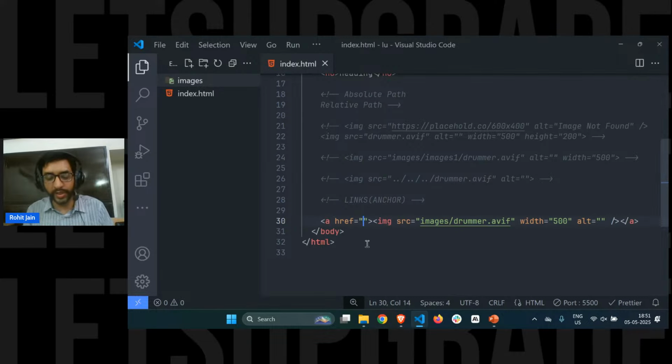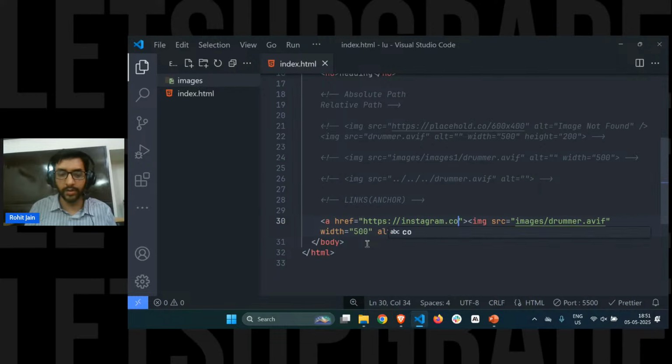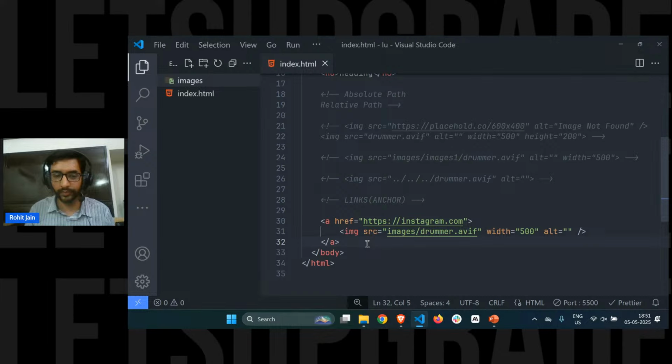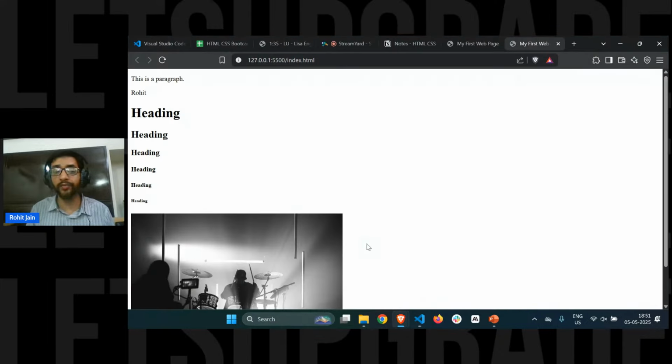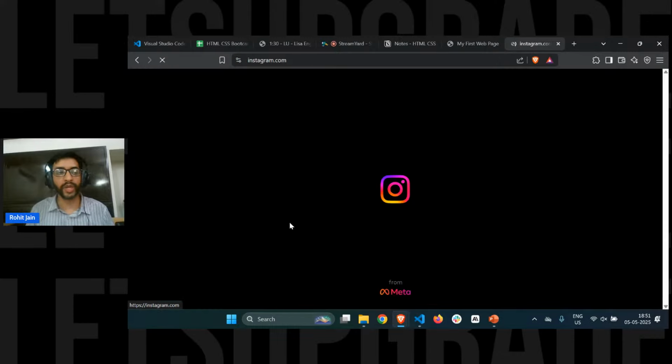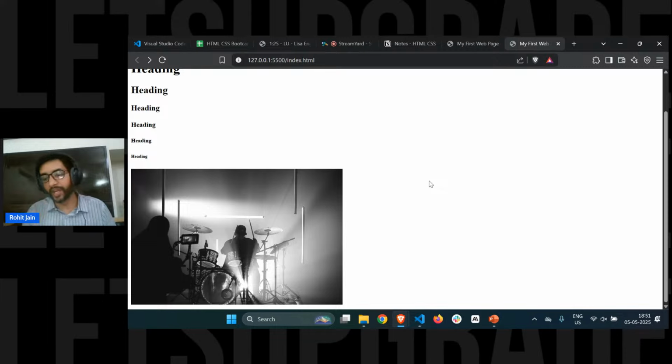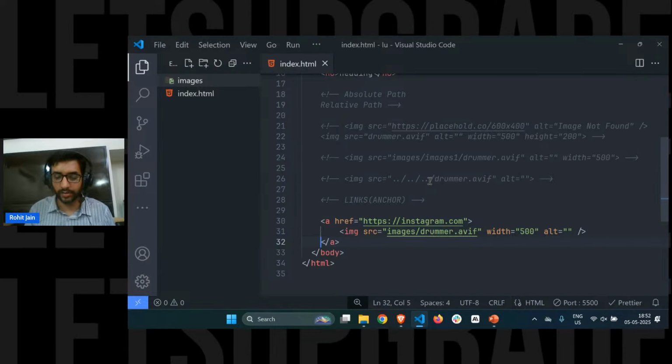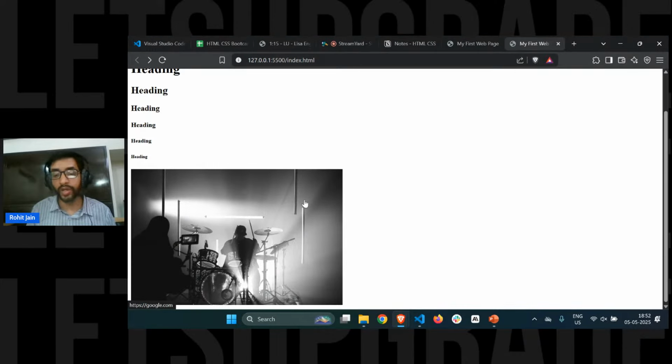Let's say if I wanted to go to Instagram, what I'll do is something like this. If I go to my browser, if I click on the image now, you can see Instagram. Similarly, you can open any other web page. Let's try and open Google. If I now click on the photo,